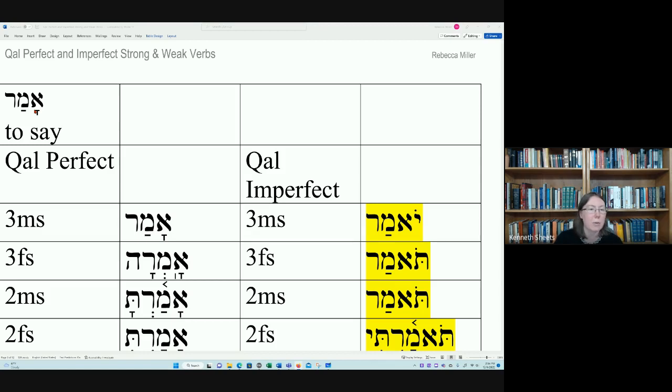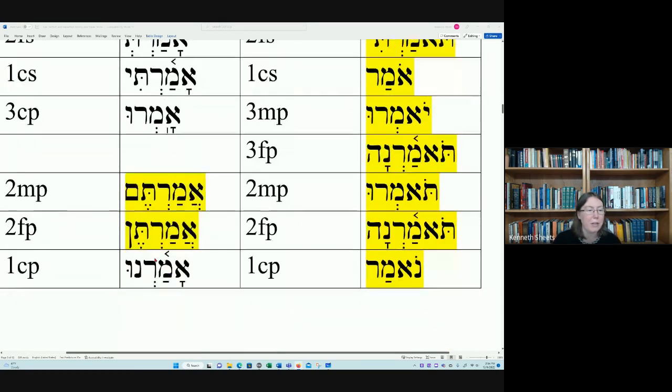So for instance, as we go through this, amar, that's that regular pointing, which there's no problem with because the aleph can go ahead and take that kametz. So then you have amara, amarta, amart, amarti, amaru,